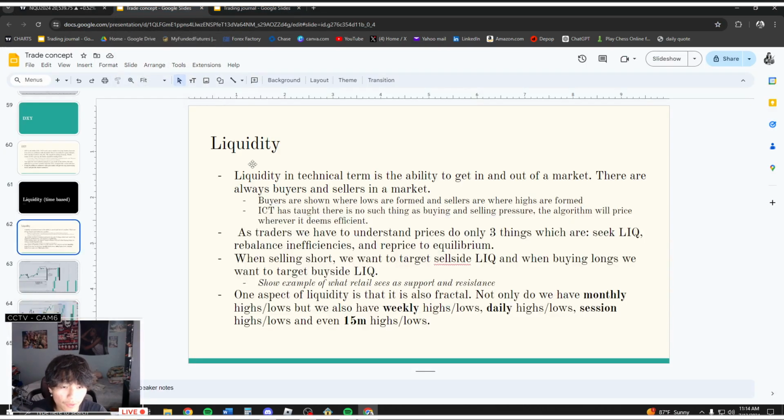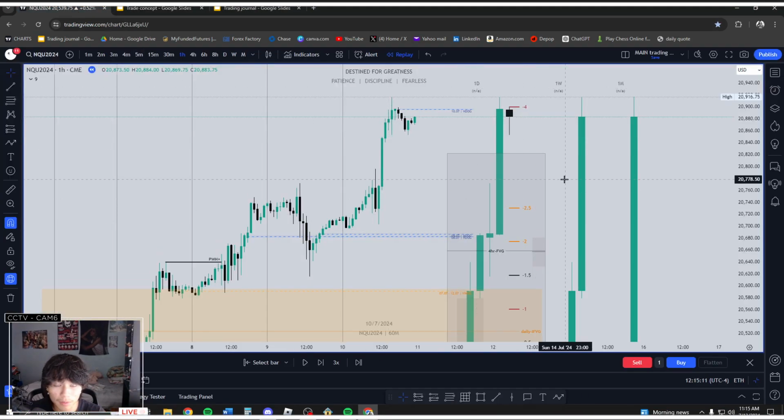The first thing I do want to note is that liquidity in technical terms is the ability to get in and get out of a market. If a market is highly liquid, that means your orders will be filled in and out. You can be in and out of a market. If it's illiquid, that means you're not going to be able to fill your orders. And there are always going to be buyers and sellers in the market, but